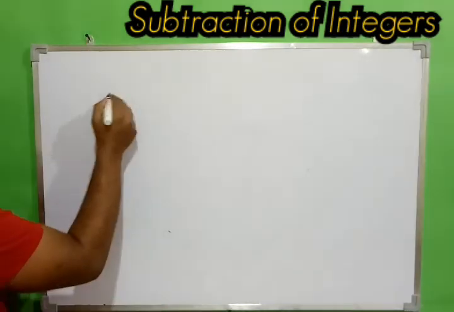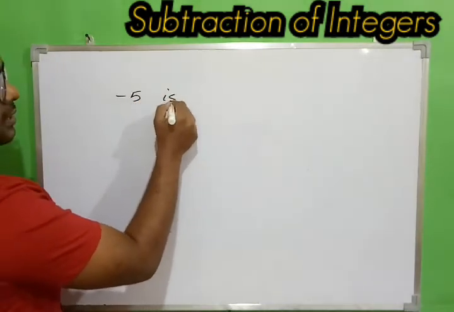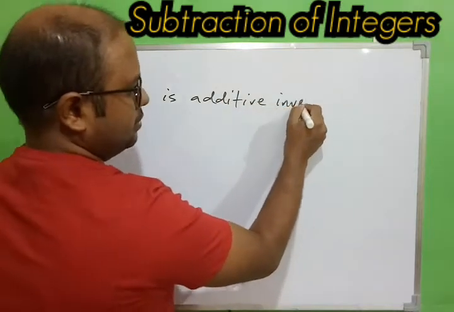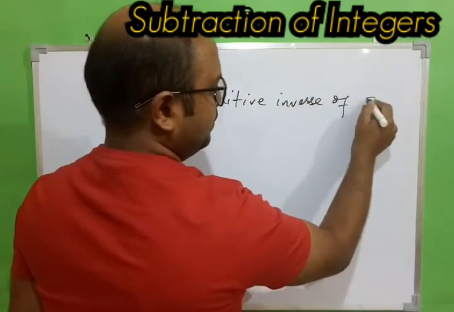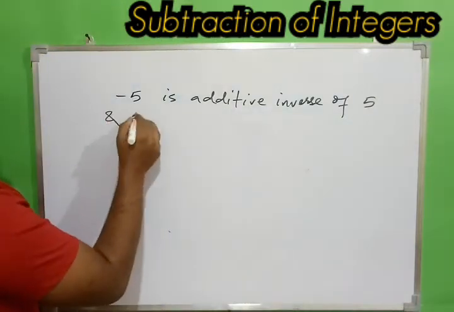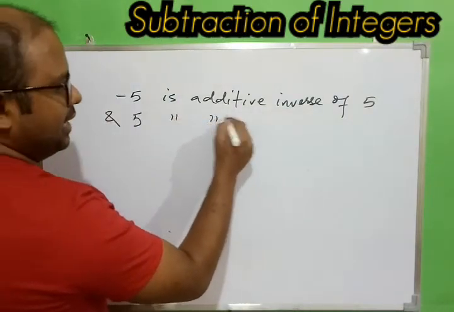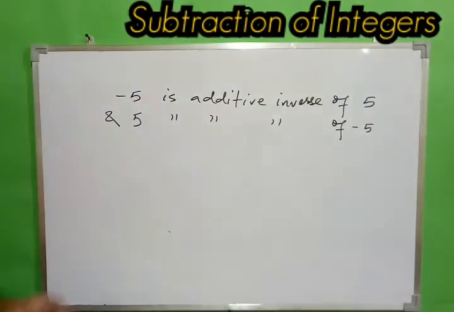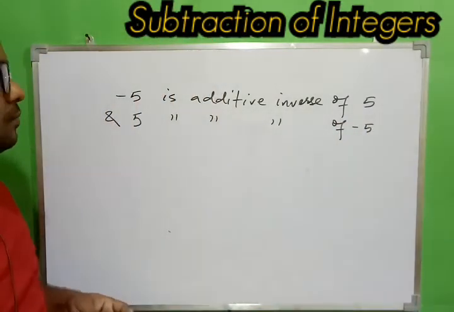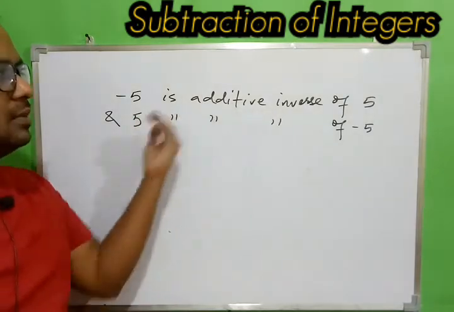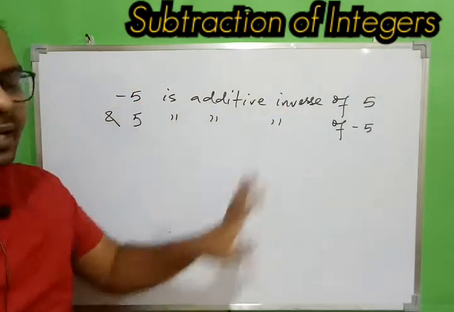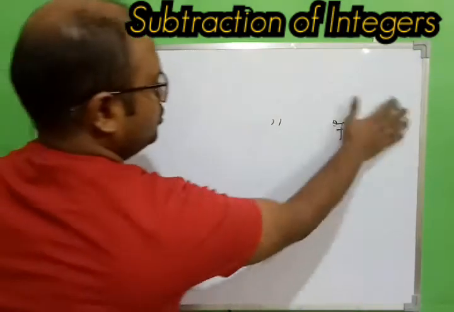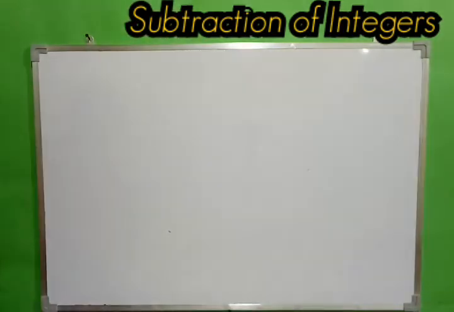In brief, we can say -5 is the additive inverse of 5, and 5 is the additive inverse of -5, and this way we can write any integer. Always remember, positive and negative integers of the same value, that is 5 and -5, are additive inverse of each other. Now let's move to the subtraction of the integers,